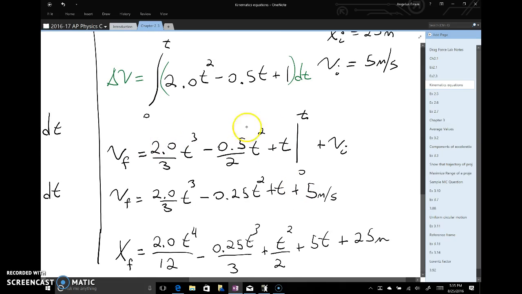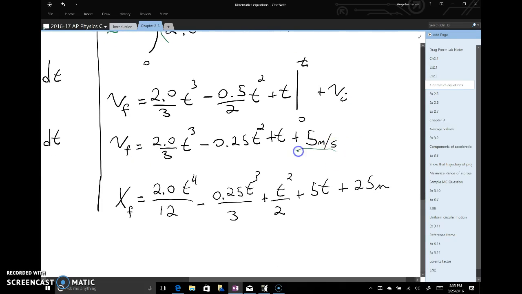When we evaluate this, we're going to get all of this. When we plug in 0, this goes to 0, 0, 0. All of this is 0. What that means is when t is equal to 0, that's our initial condition. So 0, 0, 0, 0, our initial velocity should be whatever we said it was, 5 meters per second. So we've got 0 plus something has to equal 5. So that tells us that our initial velocity is 5 meters per second. So we plug that in as our